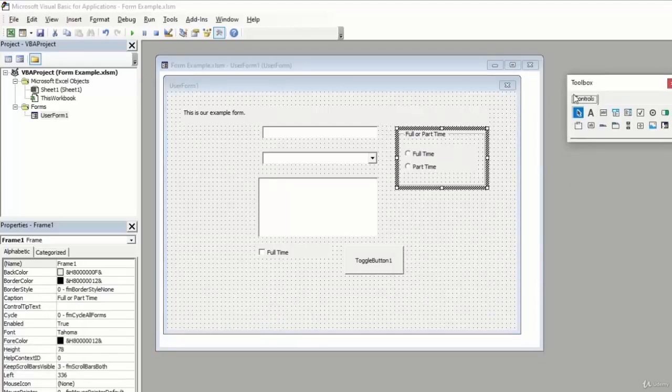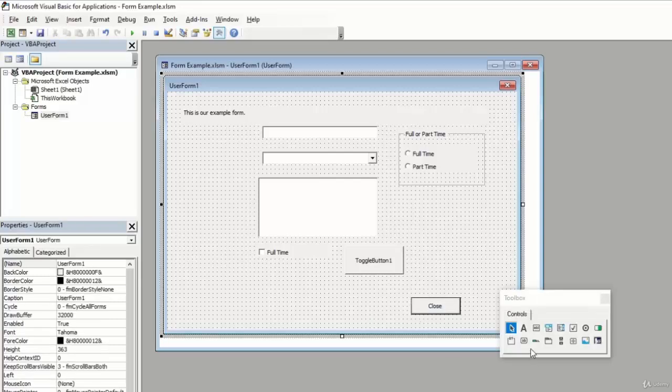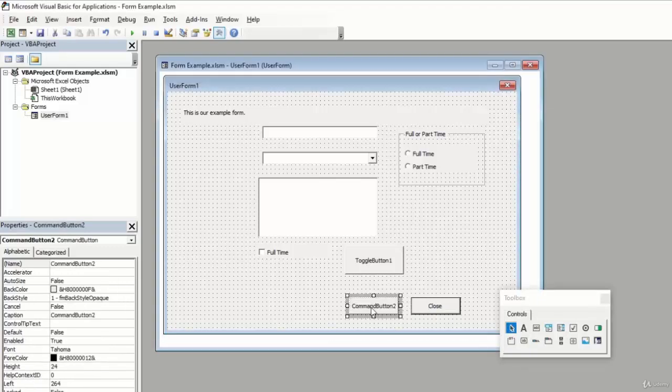So I'll pull my toolbox back over here, and the next thing we're going to look at is a regular command button. So I'll go ahead and insert one of these on the form. And we can see right off the bat it looks very similar to the toggle button and also to the command buttons that we can insert onto our regular Excel file. And this serves the same sort of purpose. So if we click on this button, we can tie code to it that's going to run after we click on this. So we'll go ahead and create a close button,